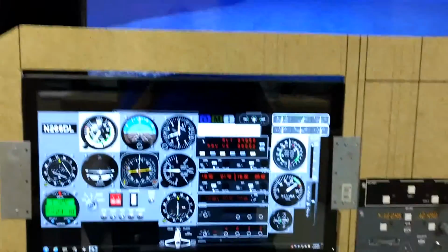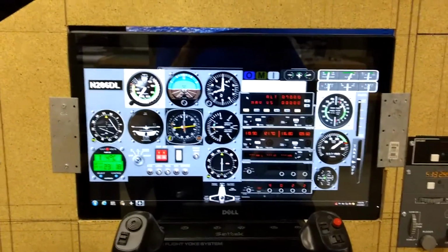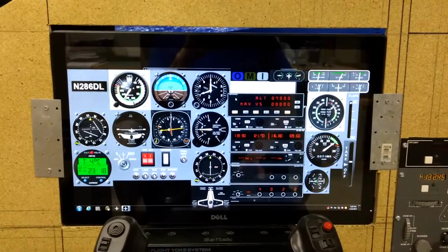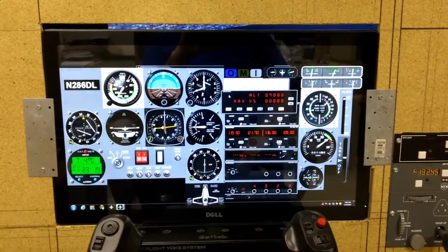And when you look down here, I've got the instrument panel on a separate monitor running on a separate computer using Air Manager. This is a setup to simulate a Cessna Station Air, which is a better cargo hauling airplane than the stock 172. And as you look out the front, you can see the cowling,